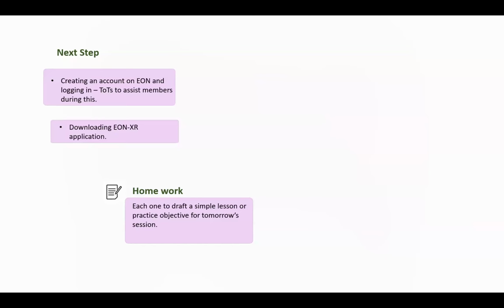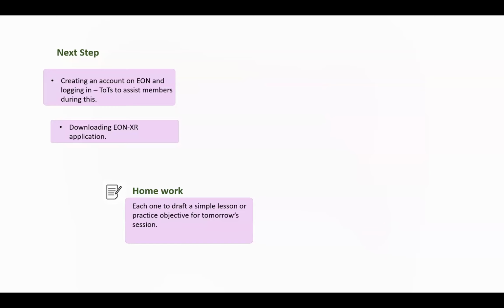EON Reality is the company that we partnered with, okay? We have licenses like Francis mentioned yesterday that we're supposed to give out. And the platform is a learner management system, but for the extended realities. So it is going to enable us to create lessons for virtual and augmented reality with AI within and have them hosted on the platform. I don't know if that is making sense, Jolly.